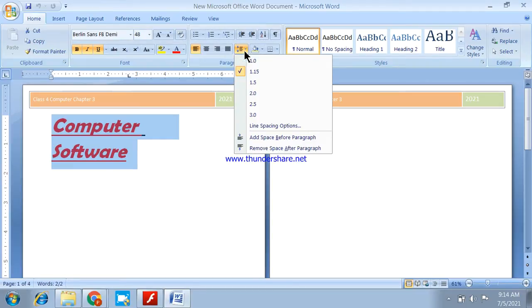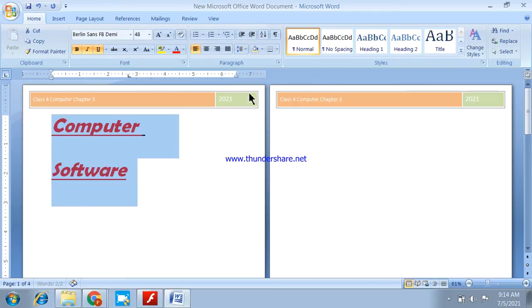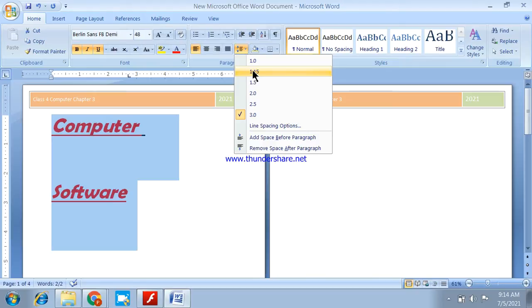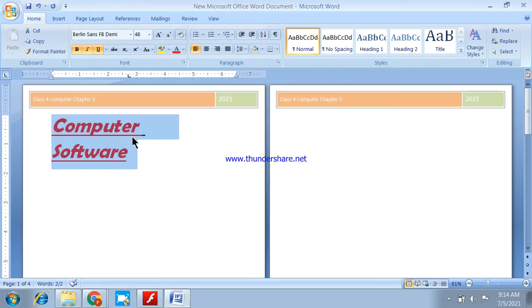See, this is the symbol of line spacing. If I want more space, what will I select? After clicking 2.0, the space is more. If I select 3.0, the space will be more. If I select 1.0, the space will be less. So this is how it works.